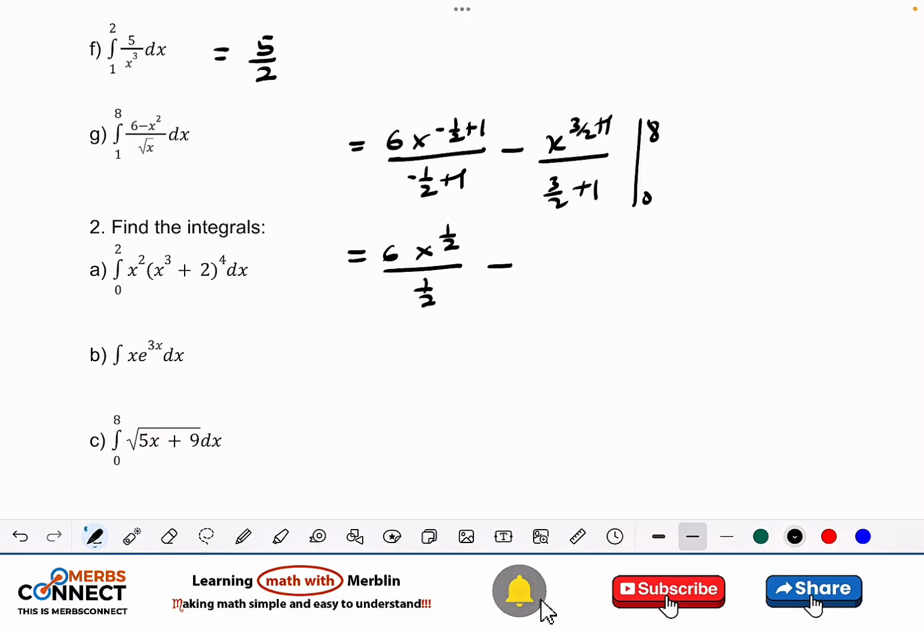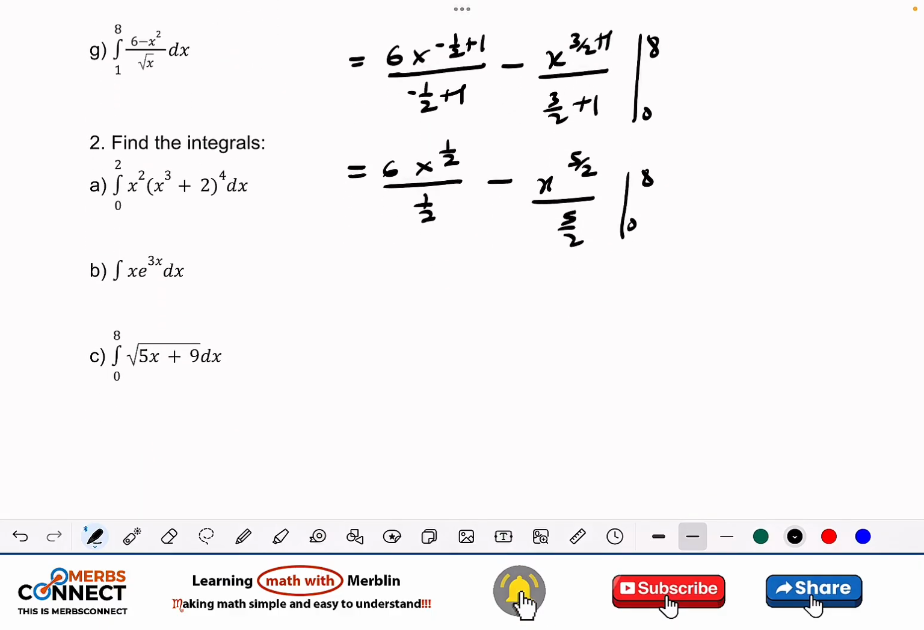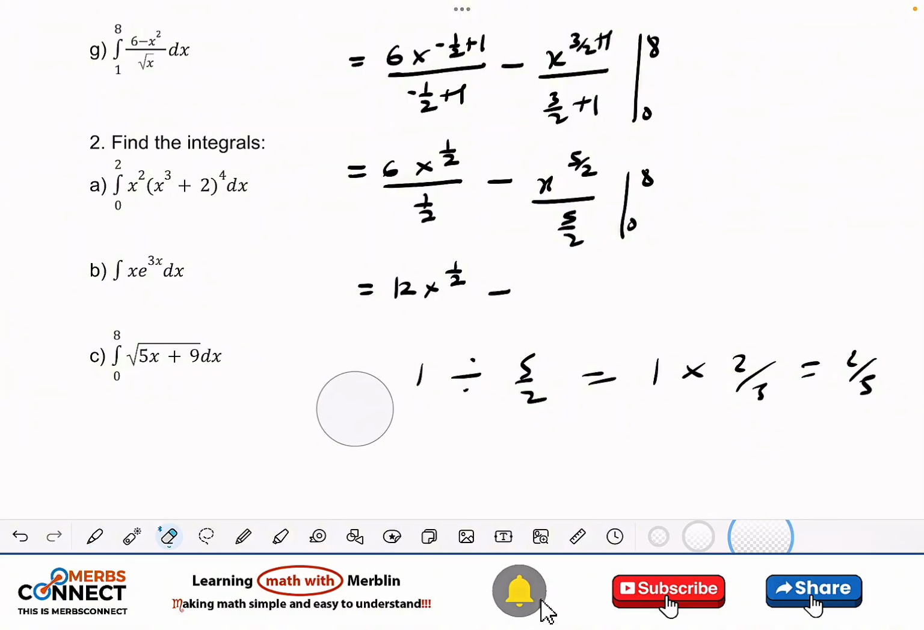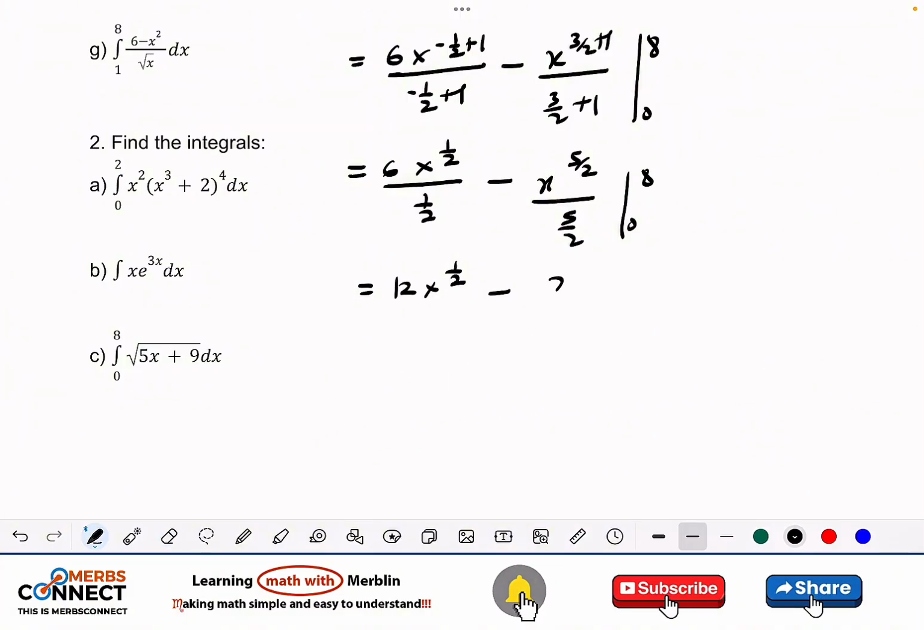3 on 2 plus 1 is going to give us 5 on 2 divided by 5 on 2 from 0 to 8. We can simplify this, and this is like you have 6 divided by 1 over 2. So this is 6 times 2 over 1, and this is going to give us 12. So we are going to have 12x to the power 1 over 2 minus this one too. We have something like 1 divided by 5 on 2. So this is 1 times 2 on 5, which is 2 on 5, right? So this is going to give us 2 on 5, x to the power 5 on 2 from 0 to